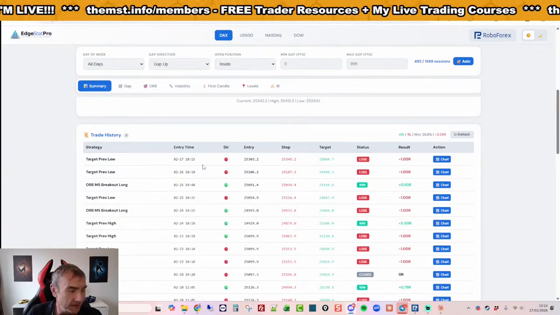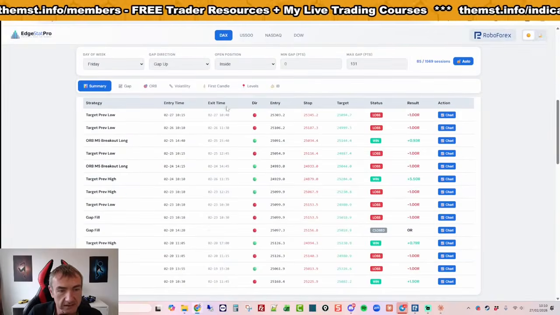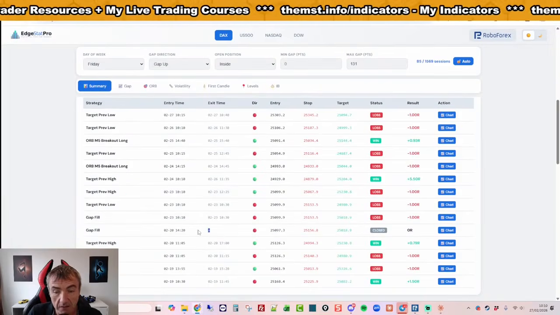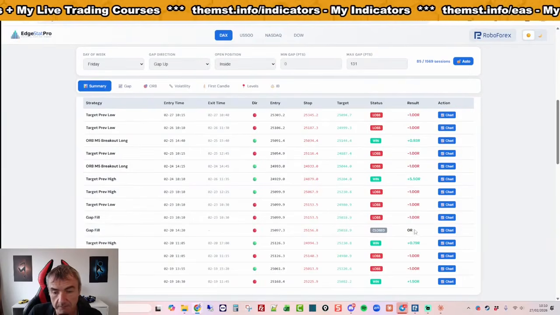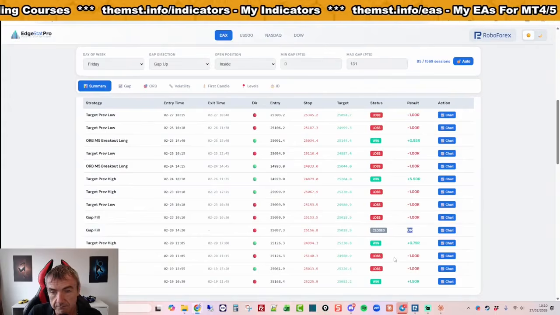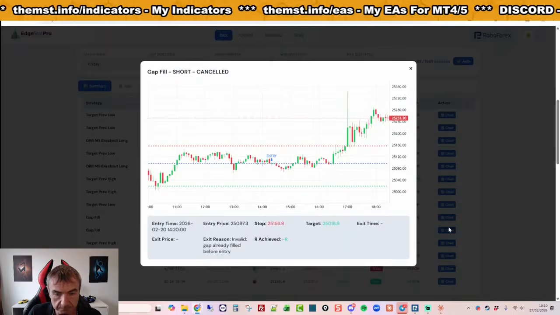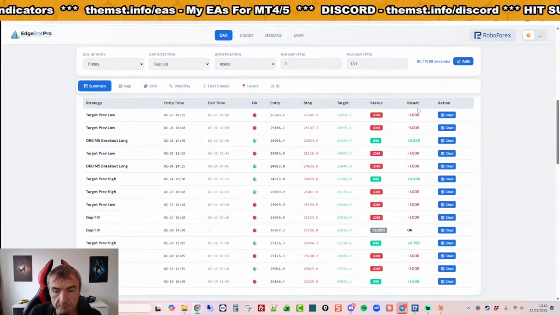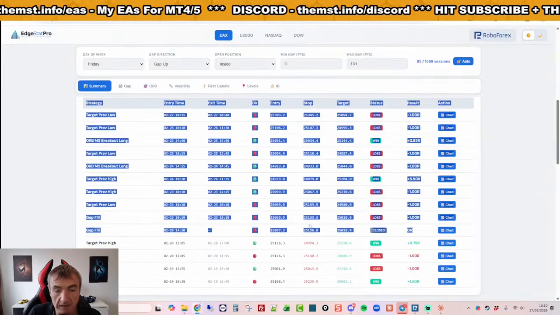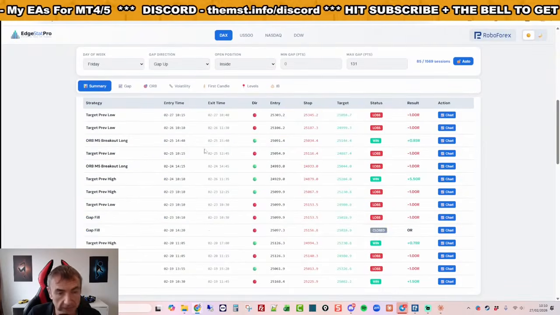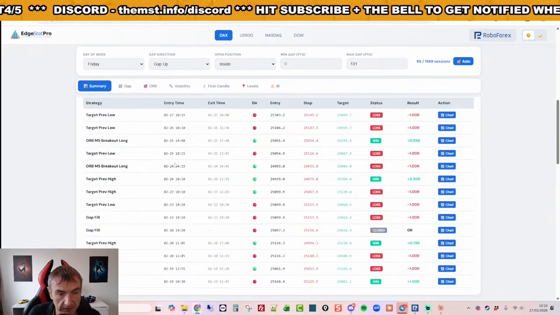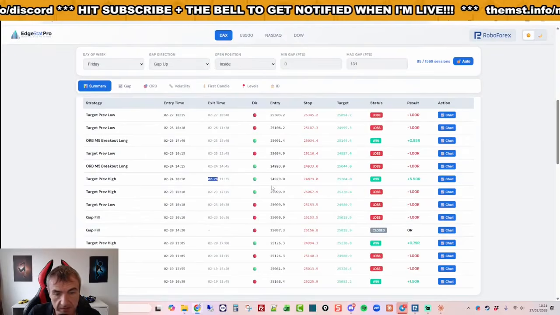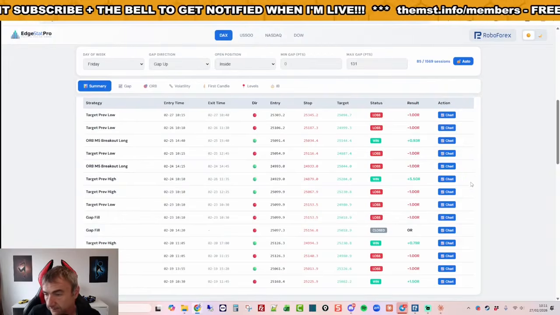There you go. He's done it. Exit times. There we go. Ooh, what happened there? Don't know what that one means. Invalid. Gap already filled before entry. So yes, no trade basically. There you go. He's done that. So I've got exit times in there now, so I can quickly see how long the trades take. So that one entered on the 24th, exited on the 26th. So that's the only one he's got a long hold on, isn't it?